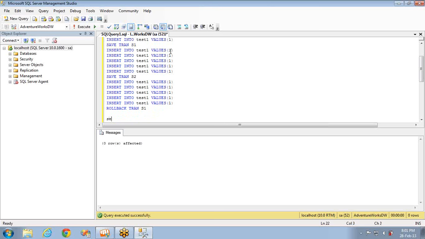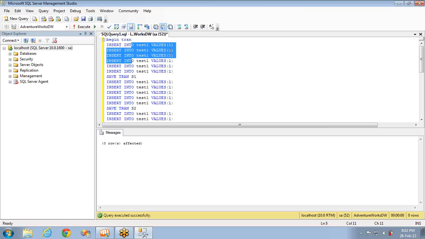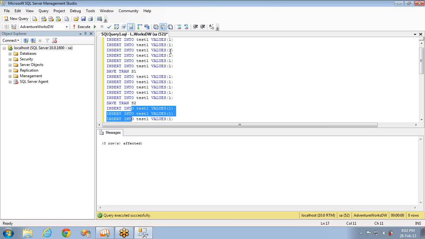What will be the data in this table now? Select star from test1. After executing the above statements, first it will begin the transaction and insert 6 records, and then it will save the transaction, and again it will insert 5 records and save the transaction, and again it will insert 5 records, and here it is rolling back directly to this point.